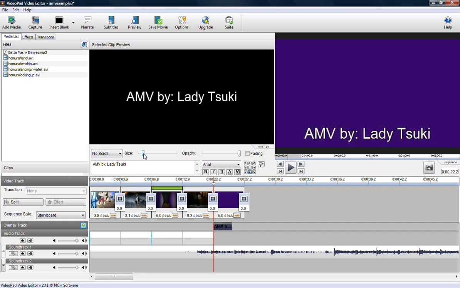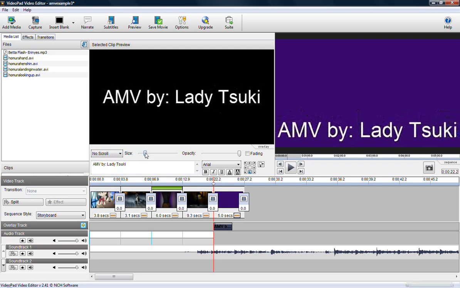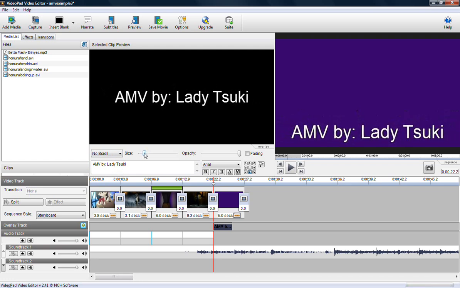Dragging these arrows will allow you to adjust the size of your text and the opacity of your text. You can see the example of these, of course, on the right side player here. This checkbox will let you make your text fade in and out.